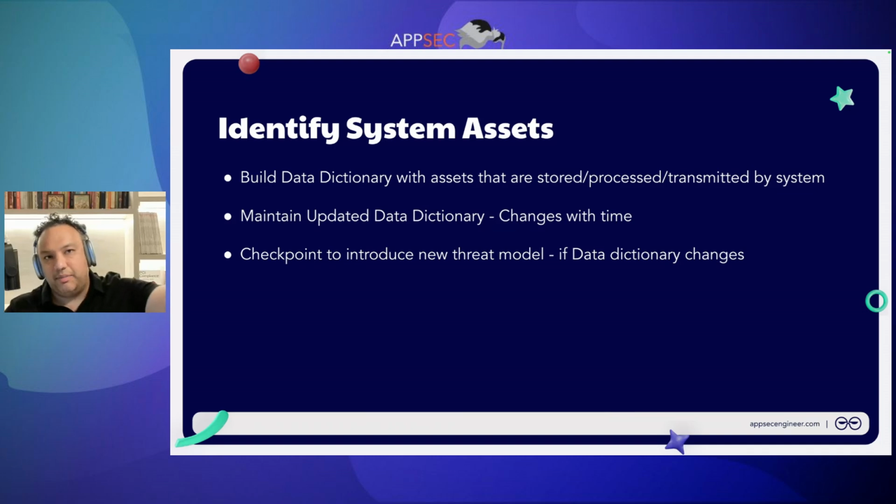So you're looking at multiple perspectives when you're scoping the threat model. You're looking at the system, you're looking at areas of concern, you're looking at the assets, you're then breaking down the system, and then you are going towards threat modeling. You're actually doing threat analysis after all this. And this is really one of the best ways to do it, I've seen, because you're getting a very holistic perspective. You're not only getting a system perspective, you're also getting a risk perspective, you're getting an asset perspective, and all these perspectives tend to contribute towards making it a much better threat model than just having a system perspective or an attacker perspective, whatever. So I would recommend maintaining a data dictionary. A data dictionary is a list of sensitive information assets that are stored, processed, transmitted, and their